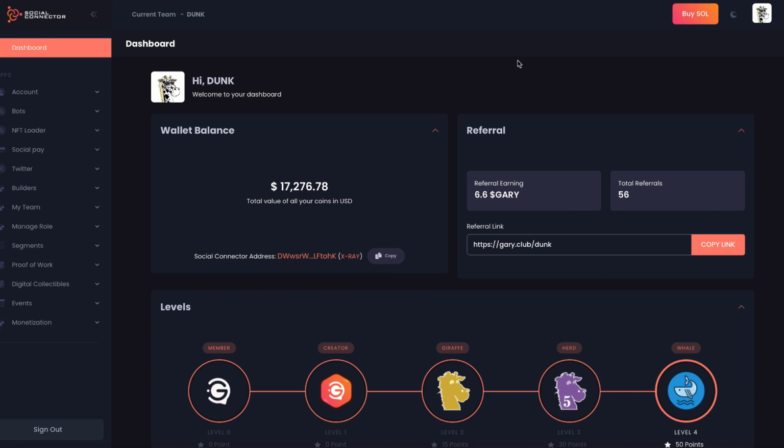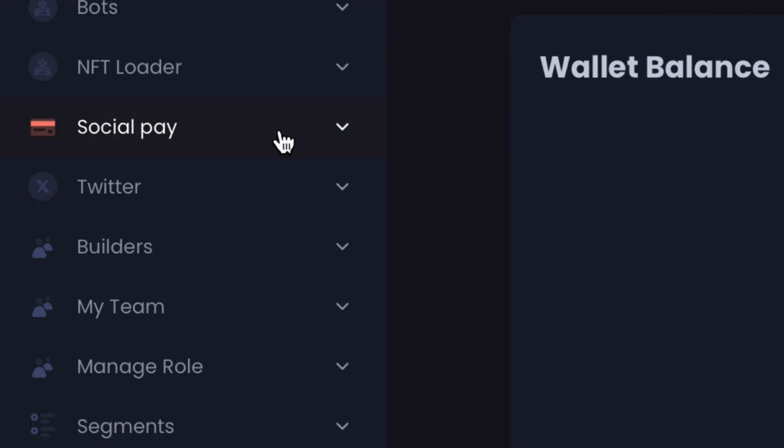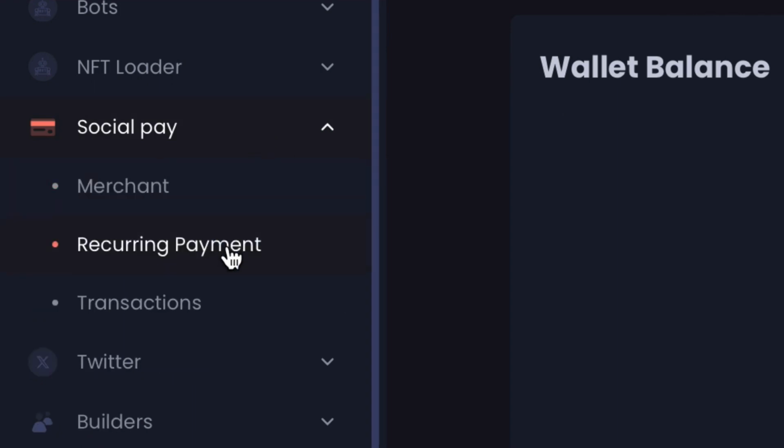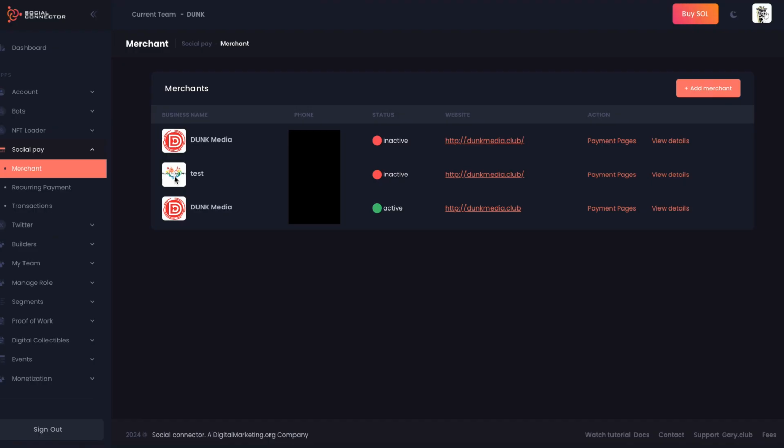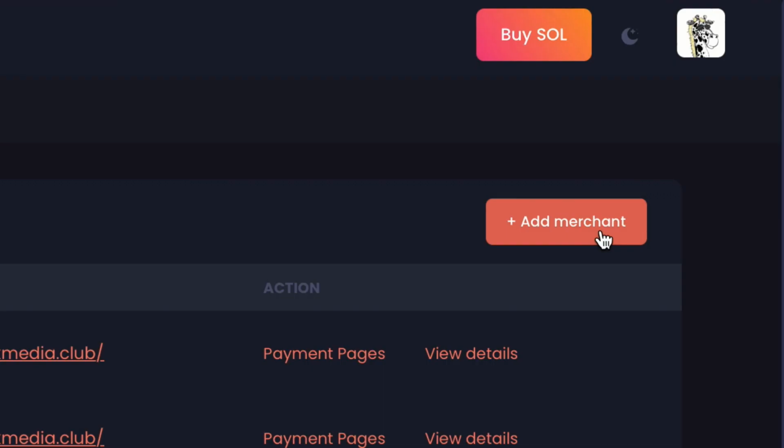So in order to create these payment forms, you're going to have this tab right along the left-hand side that says SocialPay. There's Merchant, Recurring Payment, and Transactions. We're going to click on Merchant. I've created a couple different merchant accounts, but I'm only really using this one. And I have different payment pages, as well as I could view the details of this account and update them if I want. All we are going to do right now is we are going to click Add Merchant,